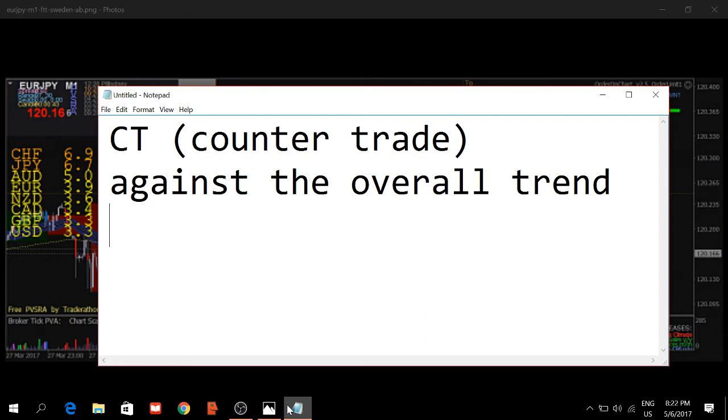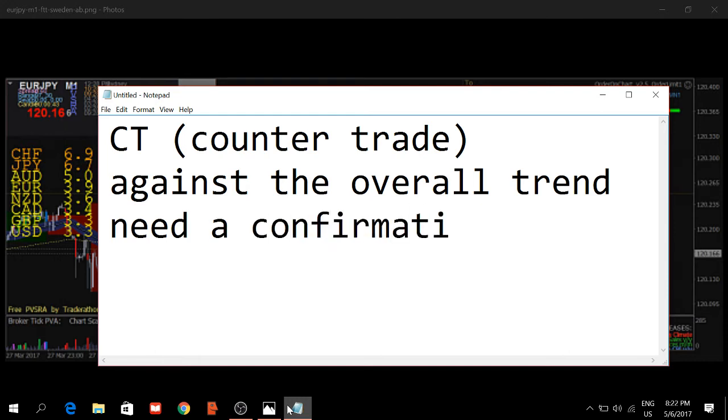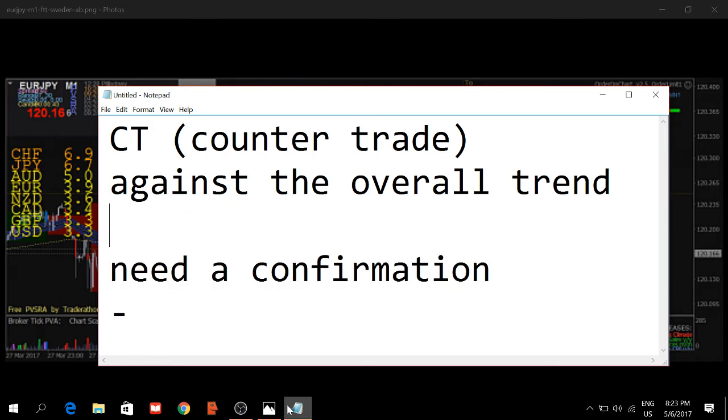Once again, we are trading against the overall trend, and we need a confirmation. That confirmation comes from an entry based on PVSRA. Before this, another thing I have to tell you is that first we are trading against the overall trend, and you look at